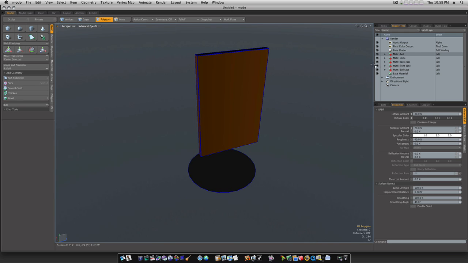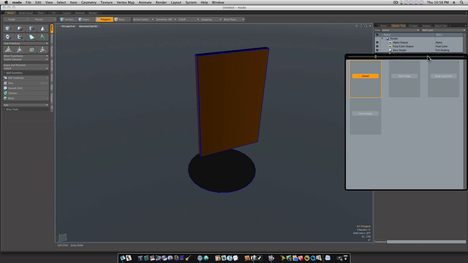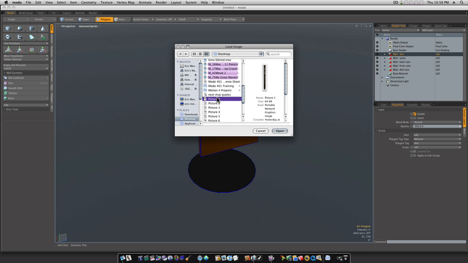So we can start with our DVD, okay? So I'm going to select, from my shader tree, my DVD material. I'm going to go up, select Add Layer, and I'm going to select Image Map. And this will bring up a box, okay? And I'm going to select Load Image. And of course we want to find the image that we want to load onto our DVD. So let's find our DVD,